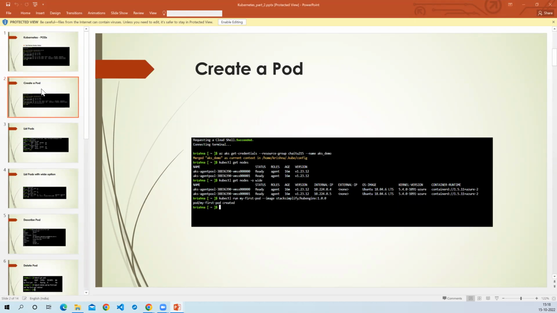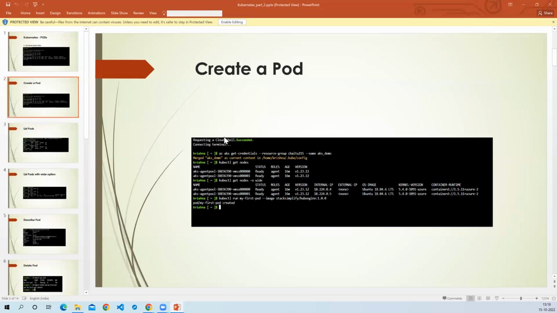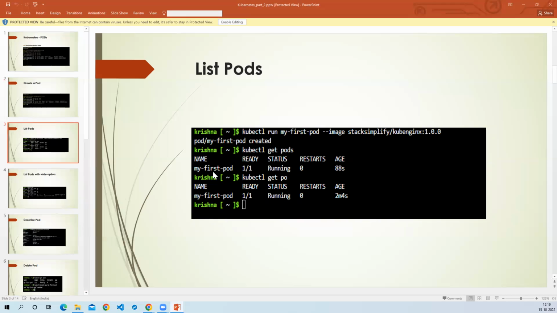How to create the pod is through the command kubectl run, the pod name, hyphen image, and I just got one from Docker. So select stack simplify kube nginx 1.0.0. From there I have got the image. That image is like a REST API call. Just like how we have done with Docker, same way I am using it. So kubectl run my first pod with the image, and once I run the pod and check the pod, my first pod will be running. Initially we won't have any pods, but after creating the pod, your pod will be available for you. Okay, so let me go and